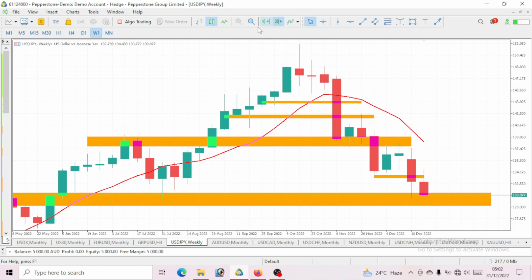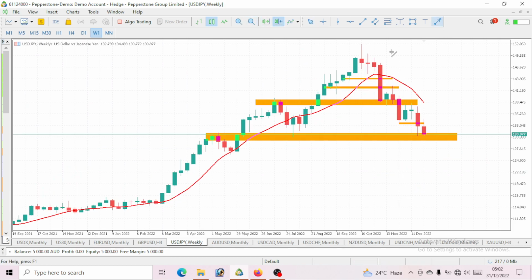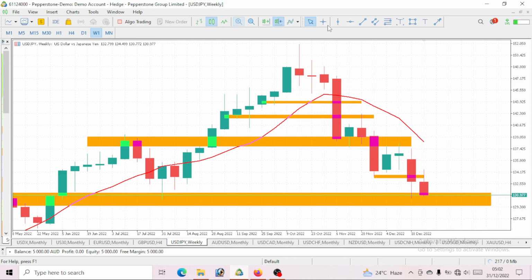Now let's take a look at this weekly time frame. You can see it. Previously we were having higher highs and higher lows on this USDJPY. But when you take a look at this movement here, you see that you are getting lower lows and lower highs. So let's start from this movement here. You will see this to be a low, then a lower low, then we take this to be a pullback, then a new lower low that broke the previous low on USDJPY. Then here will be taken as a pullback.